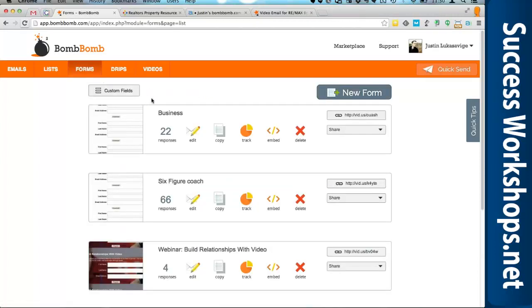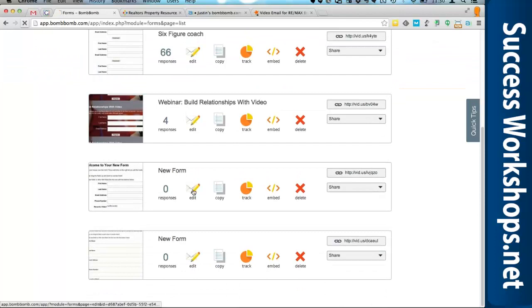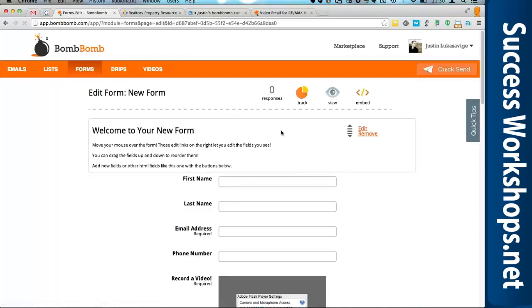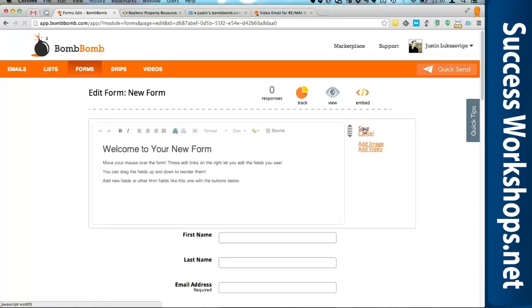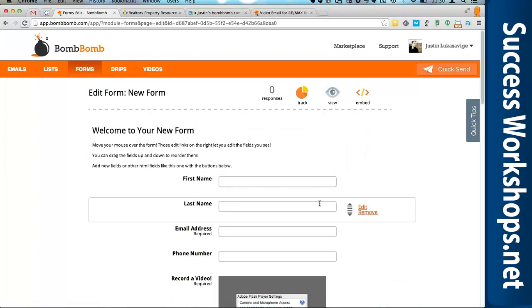We give you the ability to create forms. And let's just look at this new form here. This is what it looks like when I create a form. So I'm going to go in and create one, except I actually have one created here. And this is what it would look like. Welcome to your new form. All of this is customizable. So I can change the headline, I can change the colors and the text, and then I can also give